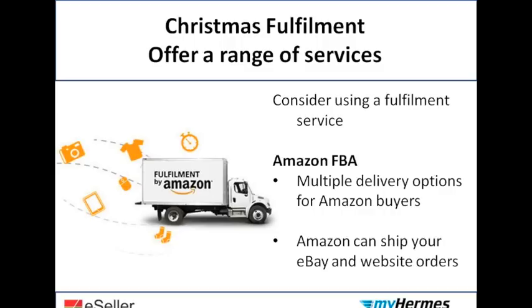And also consider signing up for a parcel delivery comparison site so that you can leverage the couriers that they have. And all you need to do with most couriers is just send one parcel with them or a couple of parcels to test their service between now and Christmas to make sure that if you need them, you can use them. And I'm sure, Joe, is there any limit to the...